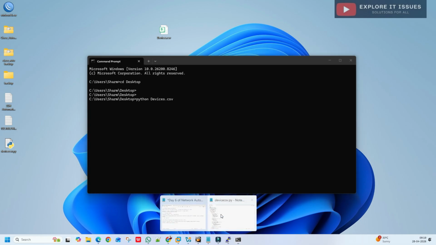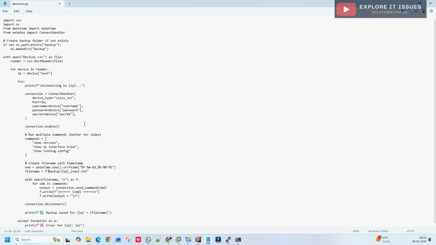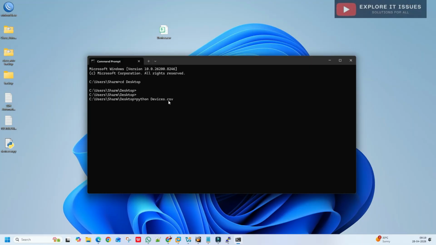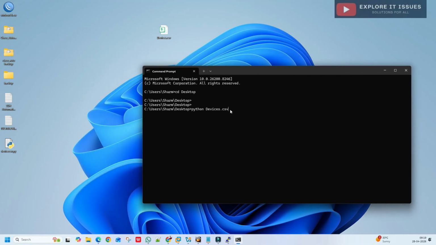Let me check one thing, whether we are using device or devices. In this case devices is correct, so no issue. Before running this file, we need to change the extension, because we need to save this file with a py extension.